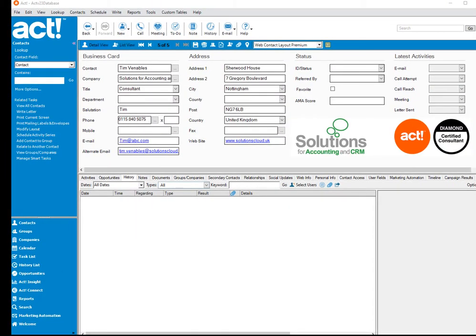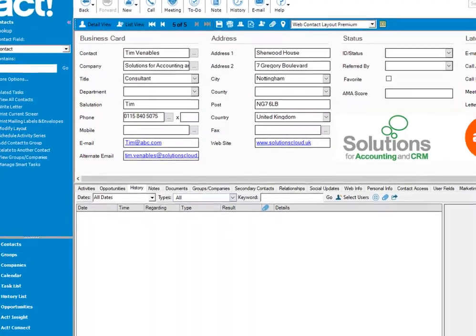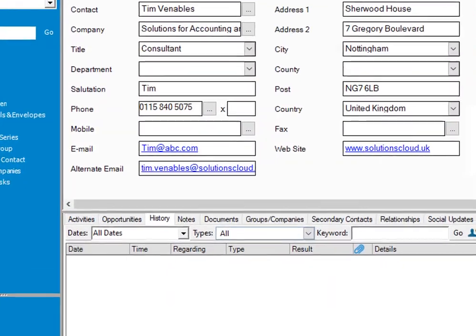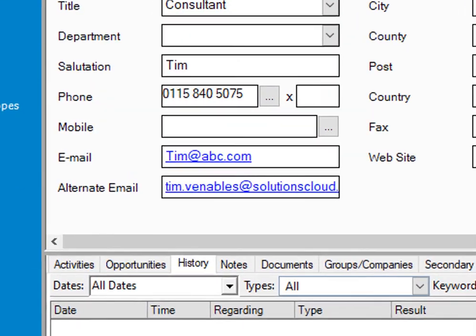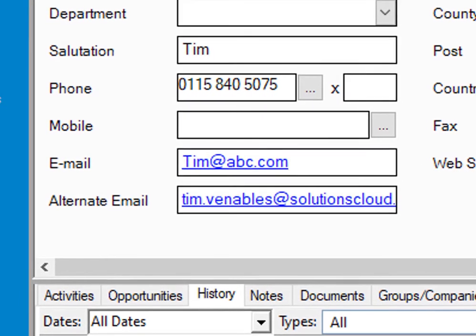So let's take a look next at the email history recording. There are a couple of enhancements here. And the first of those is to do with the email address fields in ACT. So previously what had happened is if you sent an email through Outlook or you received an email into your inbox and had the settings such that it would either be automatically recorded against the ACT contact, or if you